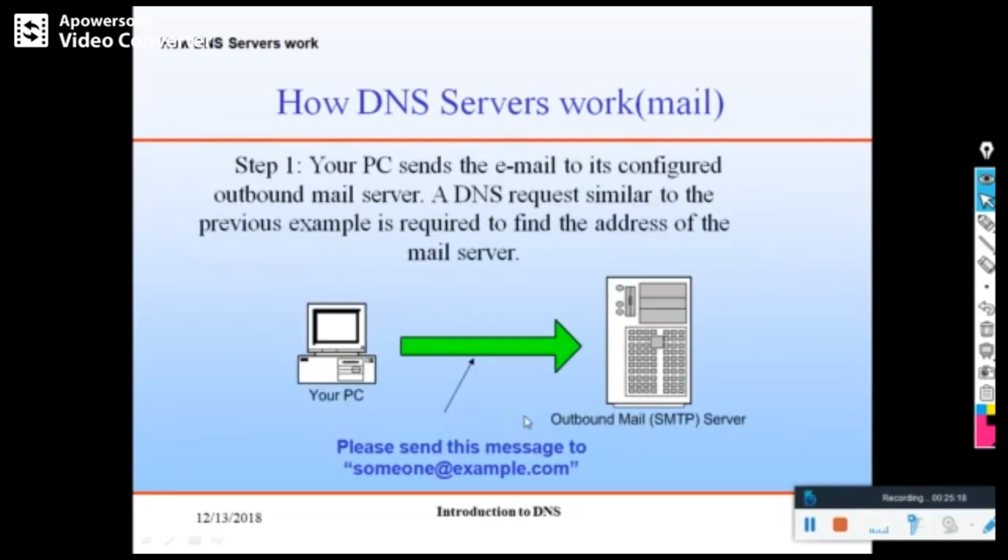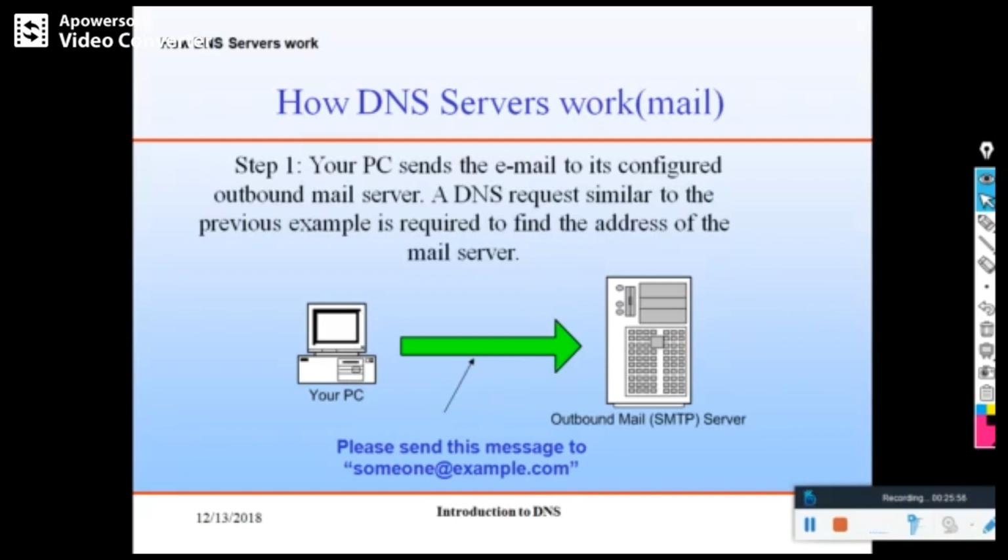How does your mail work next? You will send the mail from your PC, and the outbound mail goes to the SMTP server. For example, you want to send a message to someone at example.com.